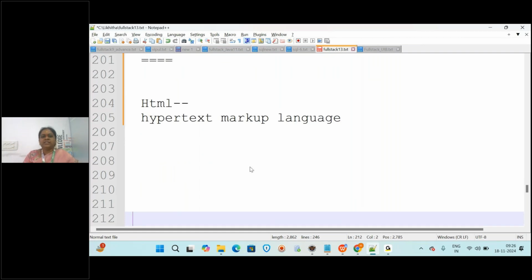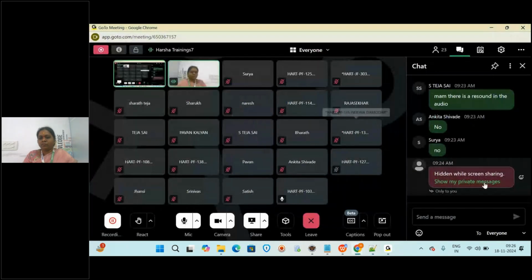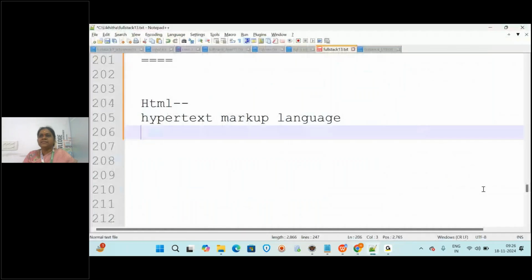Okay. So the first module we started is HTML, Hypertext Markup Language. So why do we use this? Why are we using HTML? What is the use of learning HTML? What is the main purpose? Anyone? Yeah, to develop the front end application. Yes, we do develop. We have three things, right? So what is HTML alone doing?